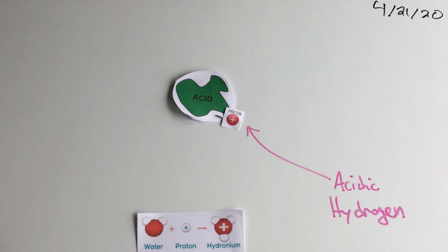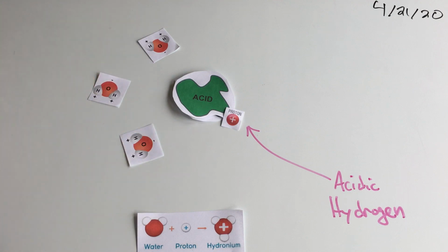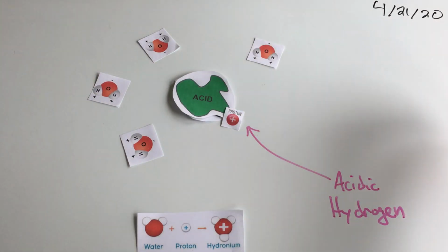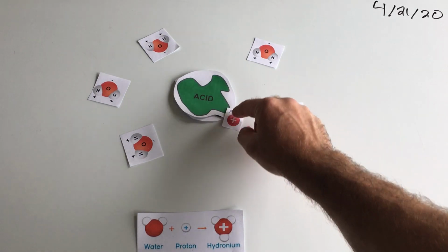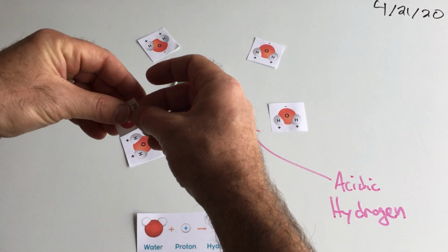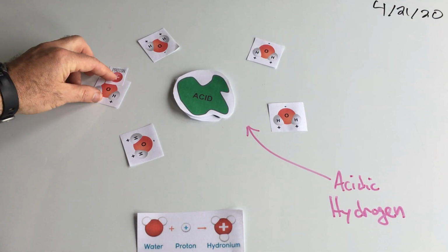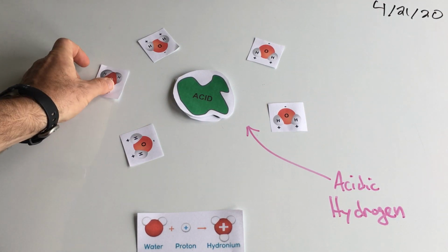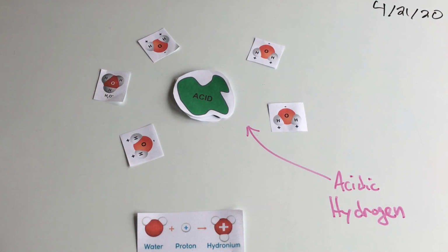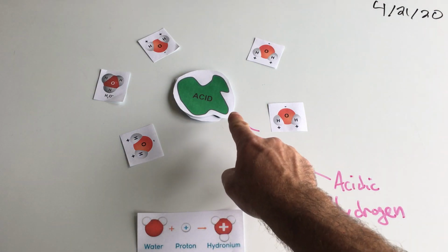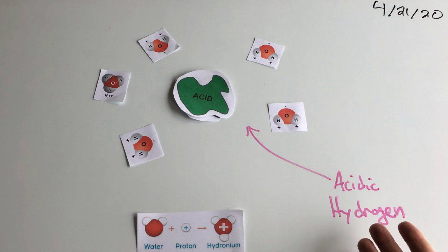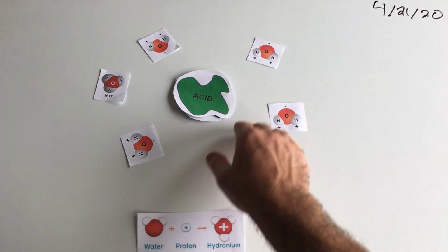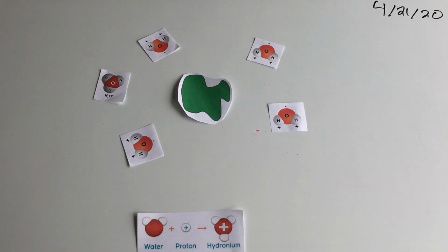So now I sploosh, throw it into water. The acidic hydrogen leaves. It attaches, we'll do it over on this side now, to this guy. H2O is now 1, 2, 3 hydrogens, positive charge. It becomes H3O plus. Wait, this acid, where's all of its acidic hydrogens? It donated it. This acid no longer has an acidic hydrogen. Oh no, that means it actually loses its name. It's no longer an acid.